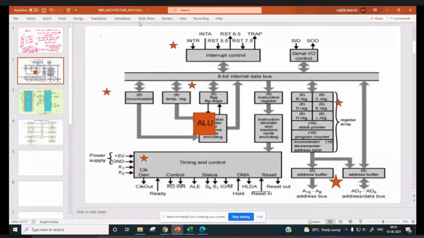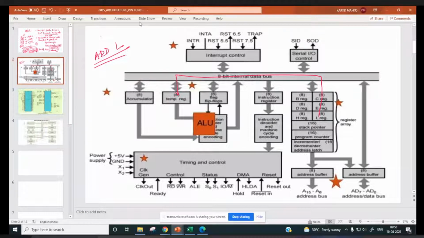Suppose we have to add the L register. So the L register has to be transferred to temporary, and A plus L will be performed and the data will be stored back in the accumulator.